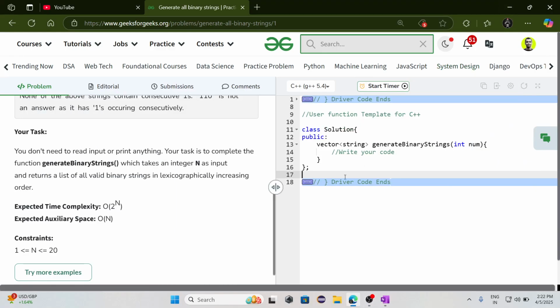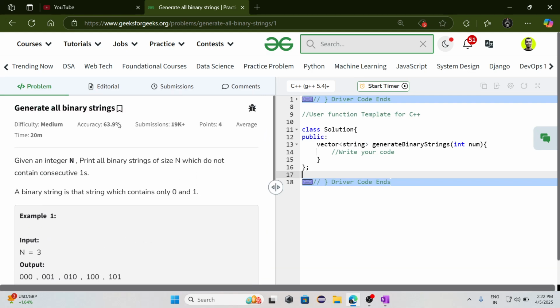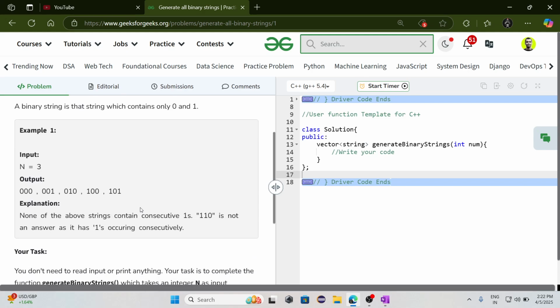So hello friends, today we'll solve how to generate all the binary strings with no consecutive ones. Given an integer n, print all the binary strings of size n which do not contain consecutive ones. A binary string is a string which contains only 0 and 1, and in that there must be no consecutive ones. Okay, if the input is n is equal to 3, then the strings are like